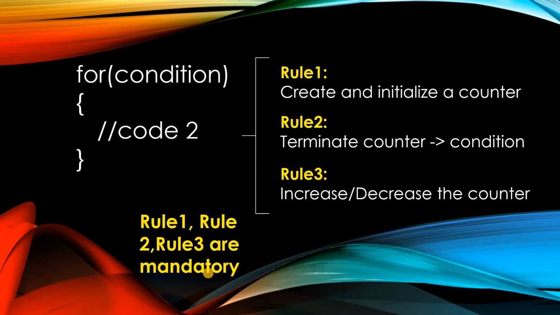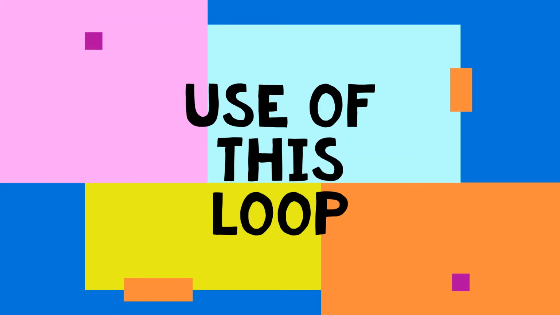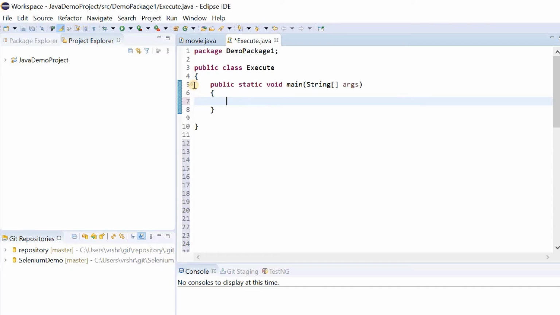So this is all about the for loop. Let us see an example and work on it. Now we are going to use the for loop for getting the factors of a number. I'm going to take a small number over here, like int number 9. For this, I'll use a for loop.